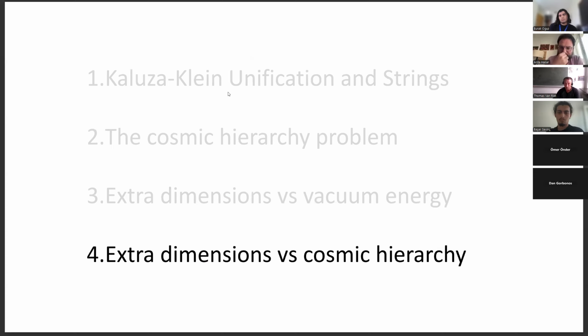So what have I been telling you? I've tried to argue in the first part that extra dimensions play a natural role in string theory, and that they're, I think, a very healthy sign that a theory has extra dimensions. I then explained what is the cosmic hierarchy problem, and then I explained to you that the amazing thing is that the physics of extra dimensions in string theory tells you directly what is a vacuum energy. So there's a strong relation between vacuum energy and extra dimensional physics. And now I want to discuss whether we can actually solve the hierarchy problem. Is this physics of extra dimensions telling you that the vacuum energy can be ridiculously small? Yes or not? Okay, let's check it out.